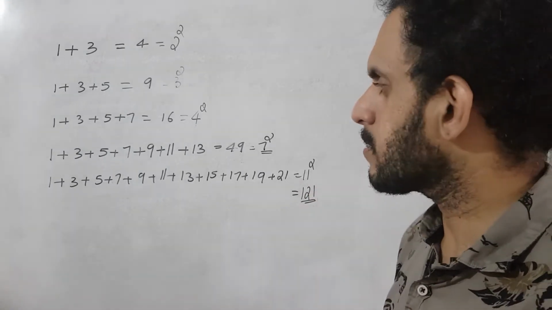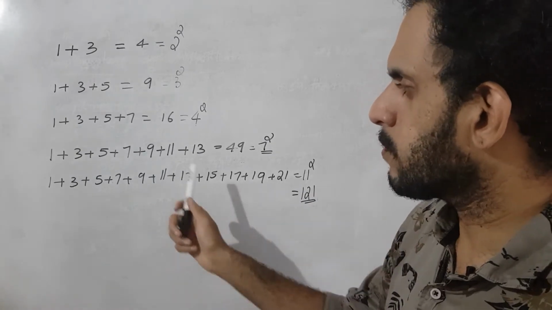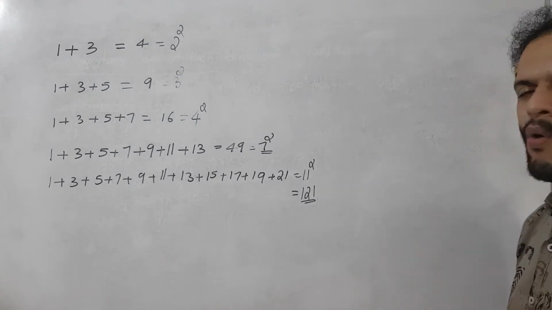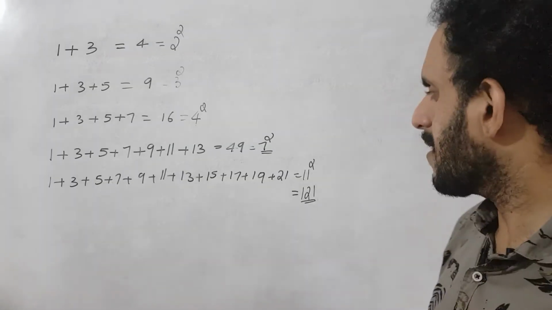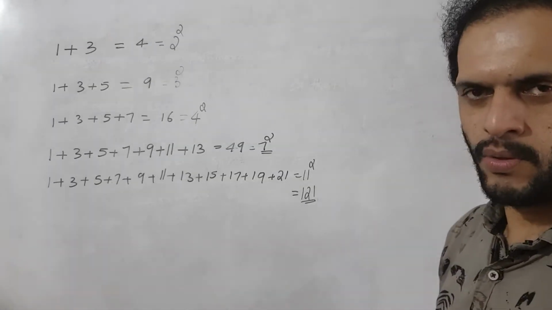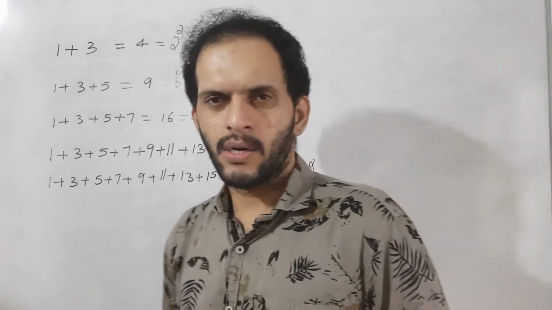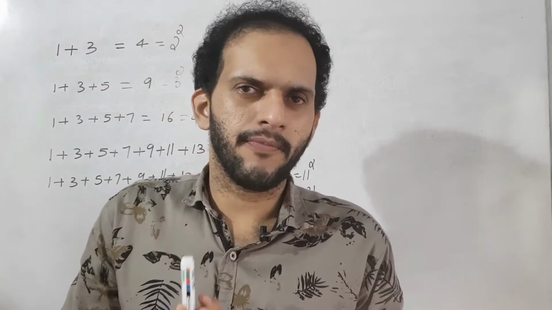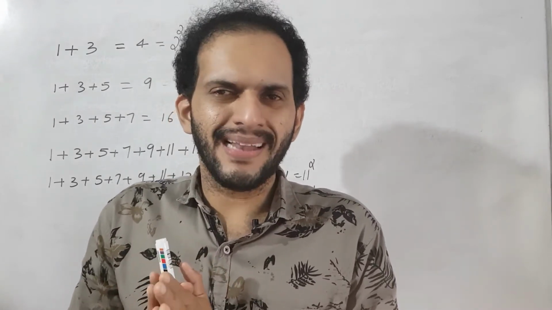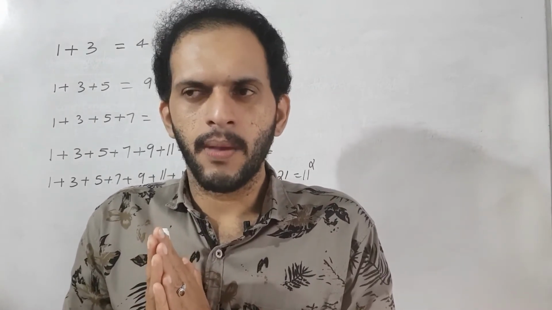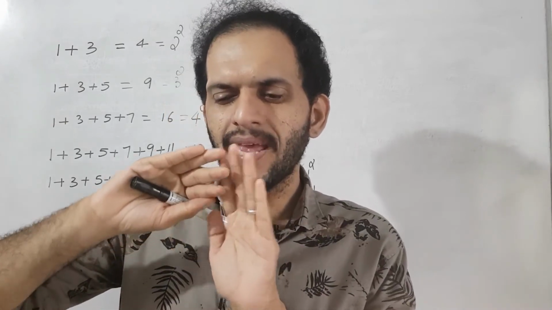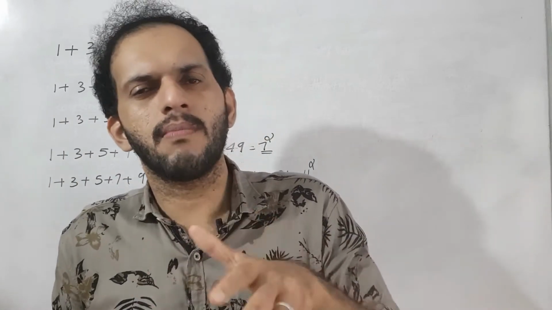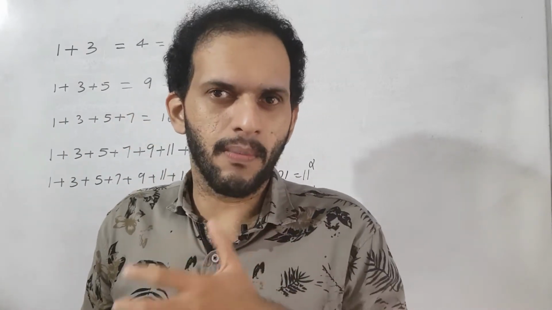Correct? Then what is the sum of the odd numbers starting from 1 to 21? The sum is 121. Okay? This is an idea to find the sum of successive odd numbers starting from 1 without direct addition, because any odd square number can be written as the sum of successive odd numbers